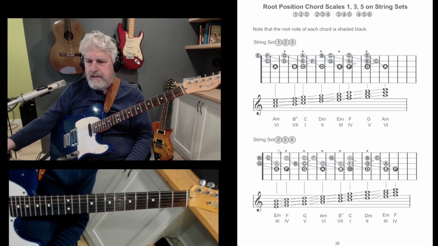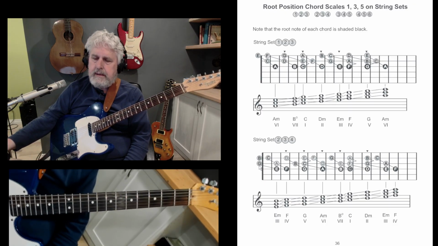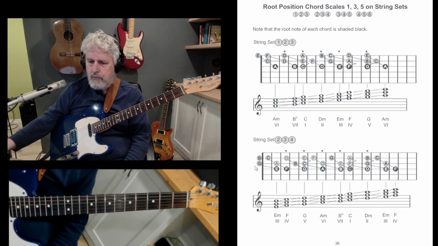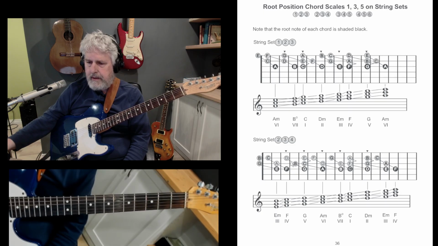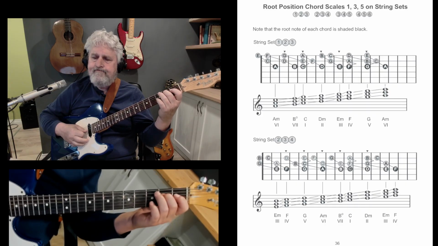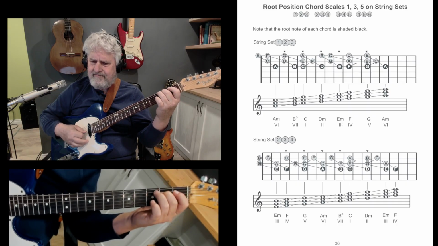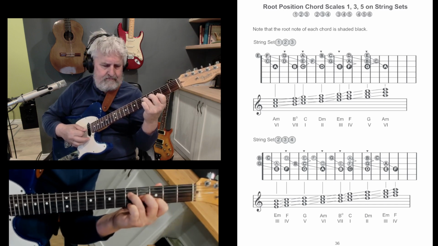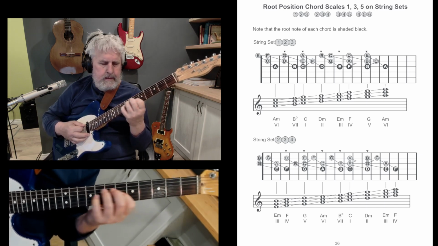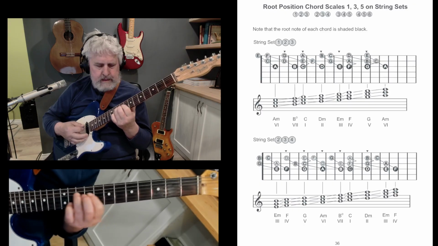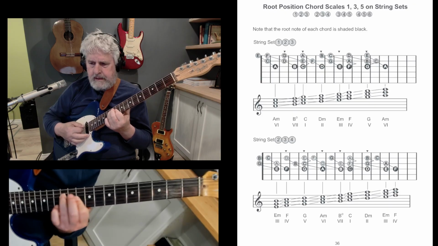Now we move to the second string set. And we'll do the same thing. Again, these are root position triads, E minor, F major, G major, A minor, and so on. We're going to work our way through string set 2. A minor, B diminished, C major, D minor, E minor,